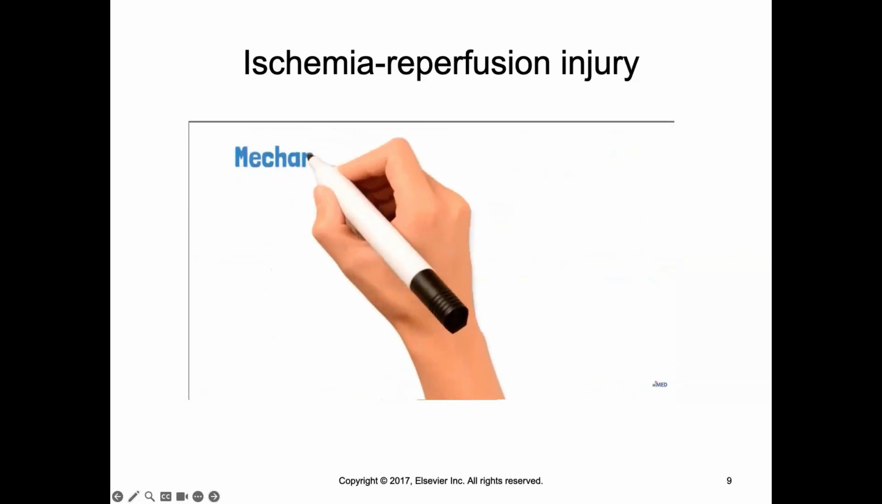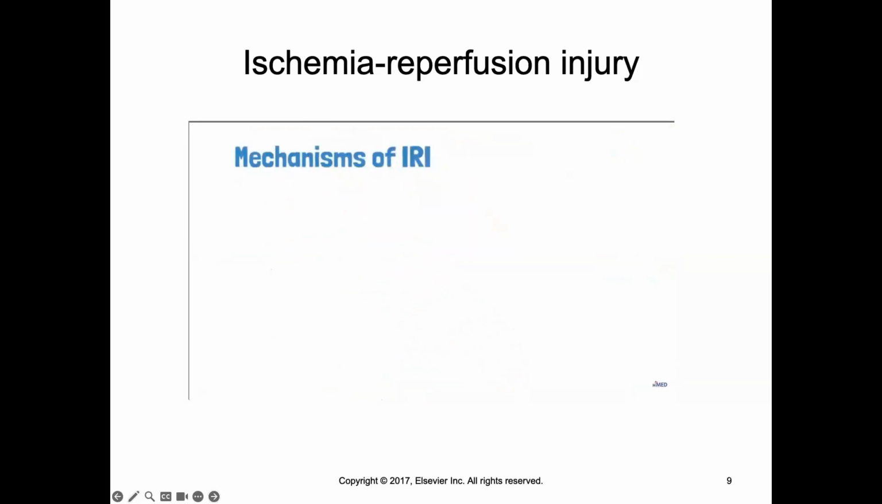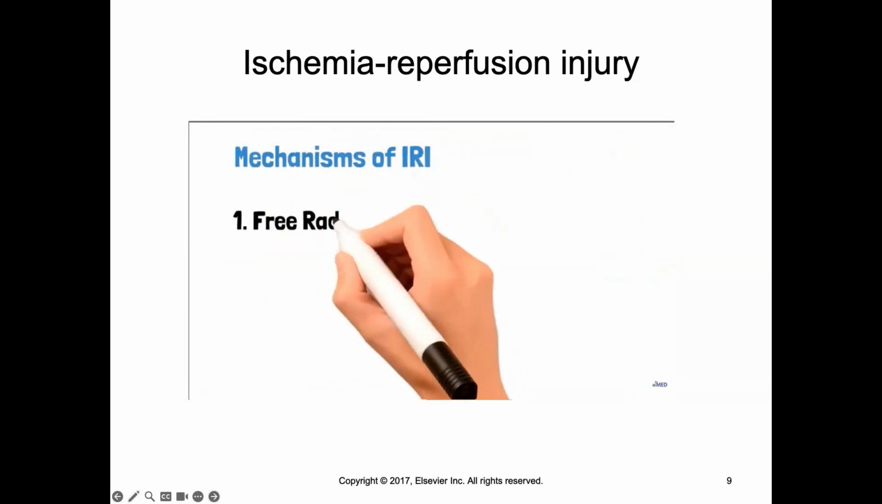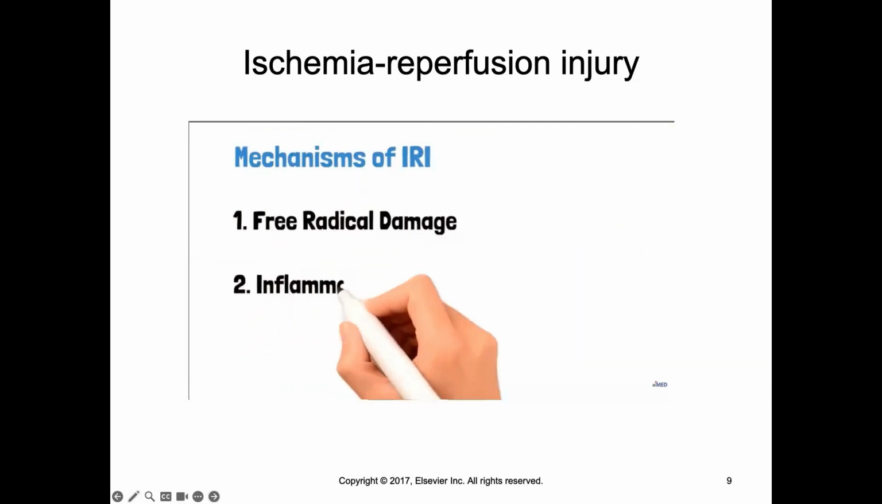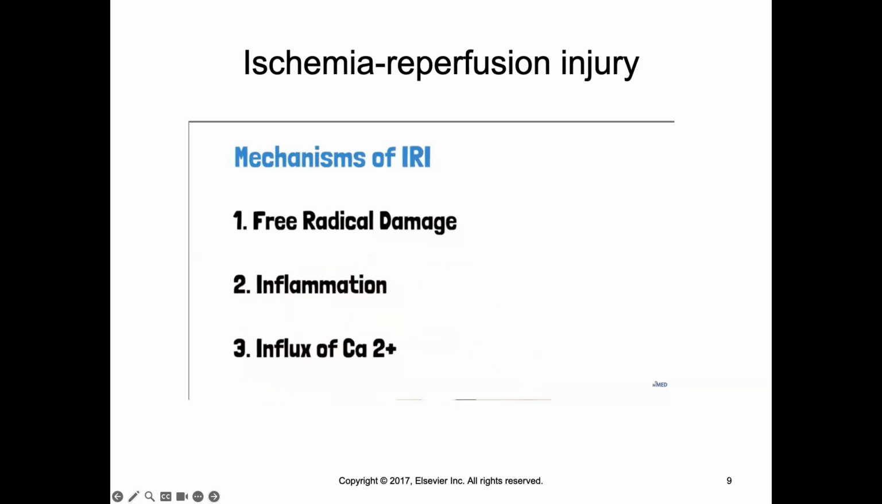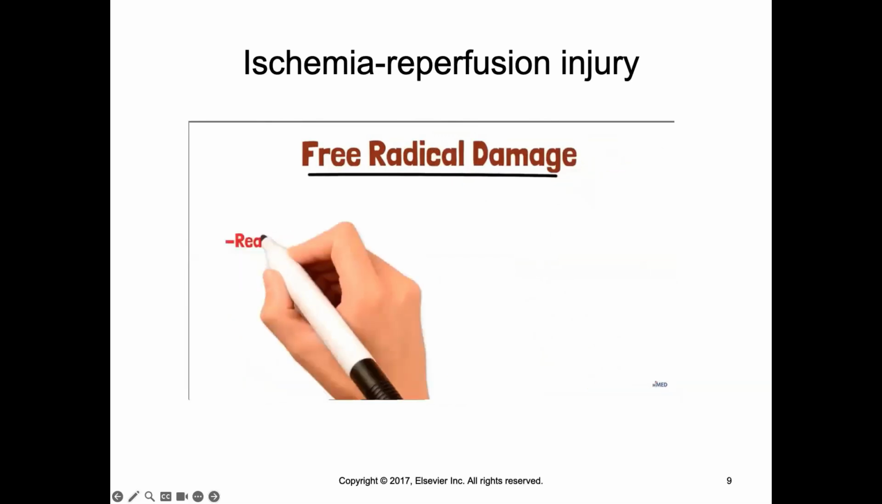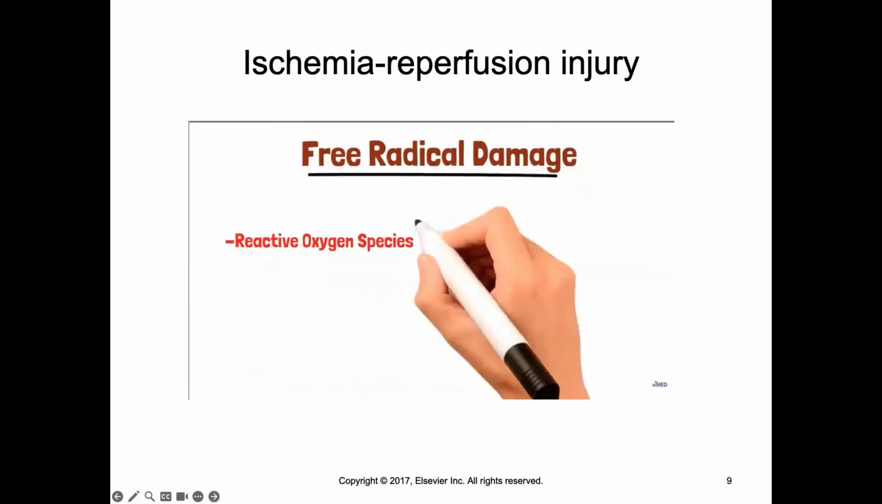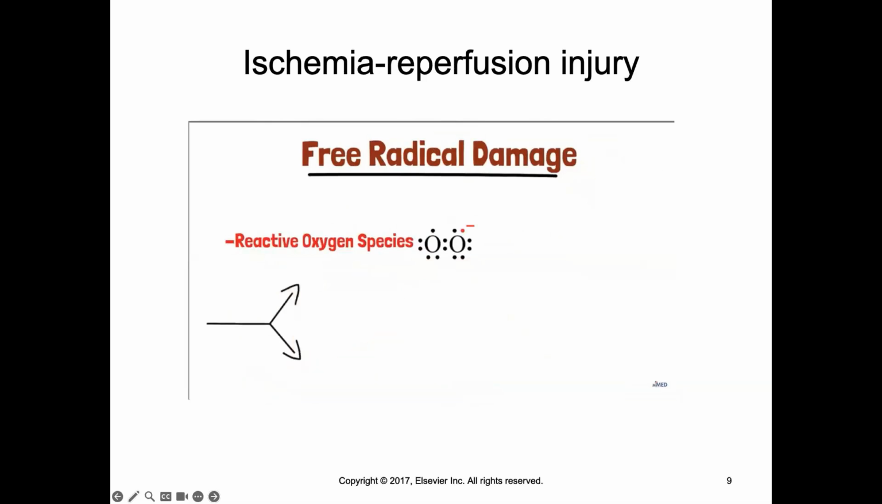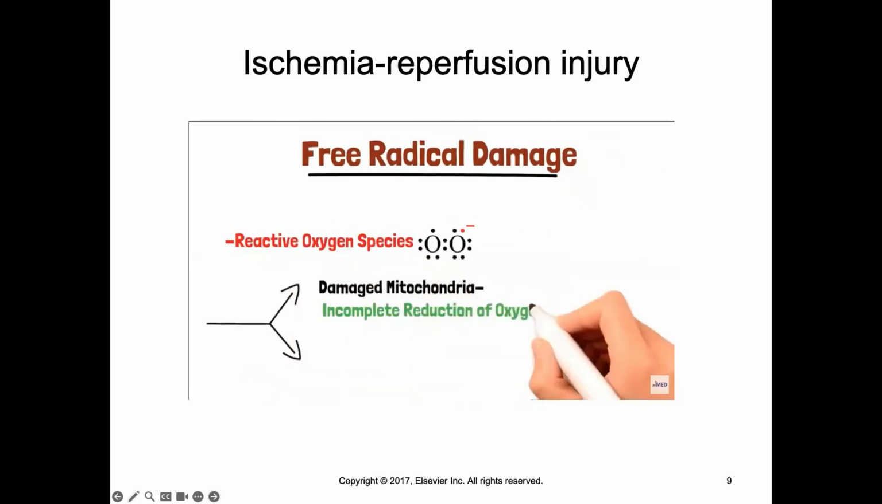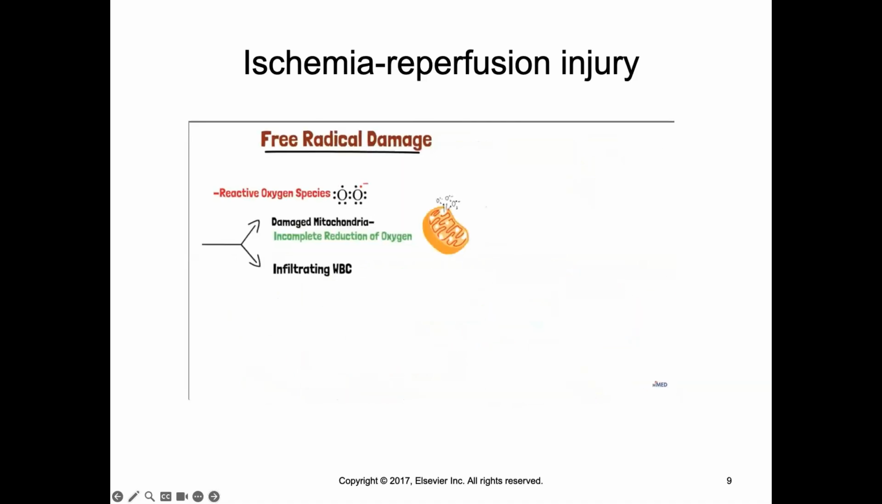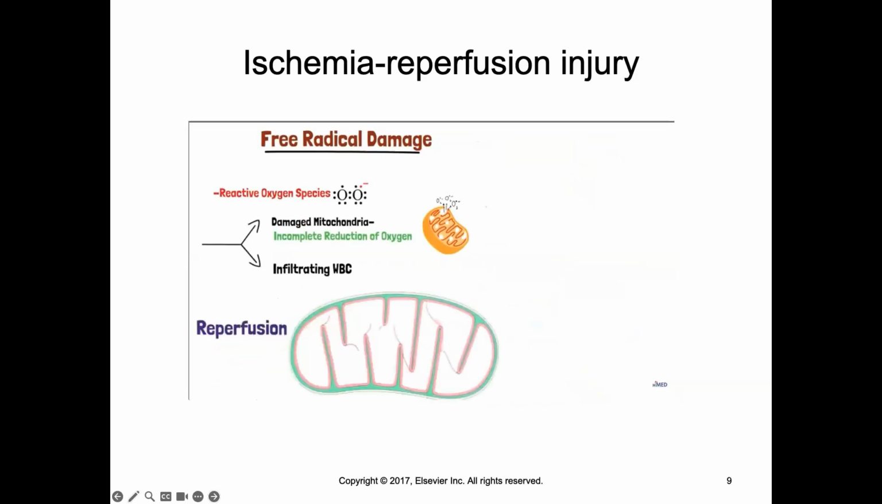Reperfusion injury occurs through three major mechanisms that account for worsening of cellular injury: free radical damage, inflammation, and influx of calcium 2+ ions. Let's talk about free radical damage. Free radicals are reactive oxygen species with an unpaired electron in the outer orbit. These oxygen free radicals are mainly produced by damaged mitochondria through incomplete reduction of oxygen, and some of them are produced by infiltrating leukocytes. Partial reduction of oxygen in a reperfused damaged cell may yield superoxides, hydrogen peroxide, and hydroxyl free